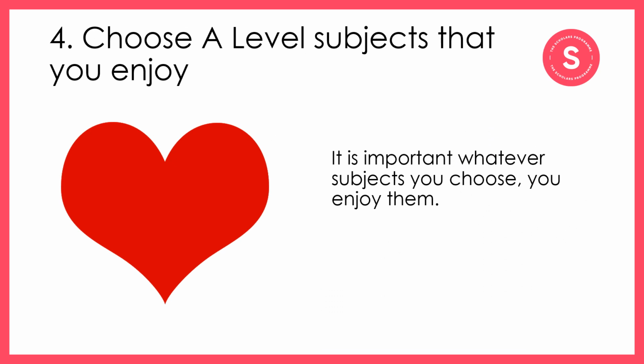And finally, one of the most important things to consider when choosing your A-levels is to choose subjects that you enjoy. You're going to be studying them for a further 2 years and possibly longer if you choose to study it at degree